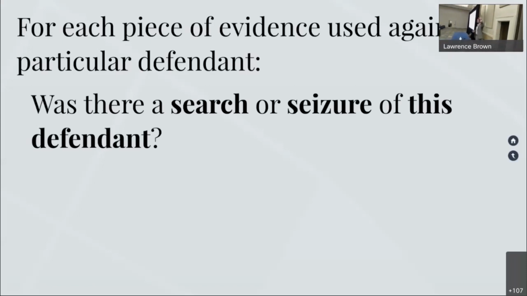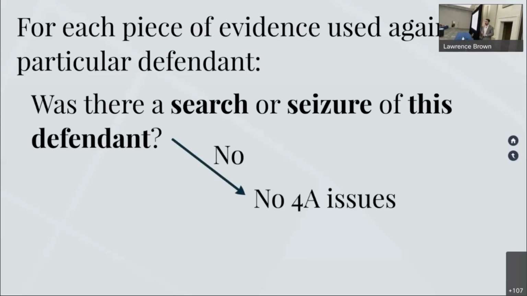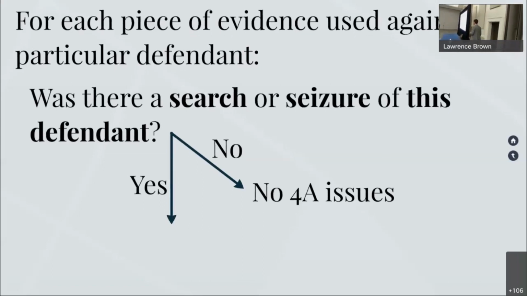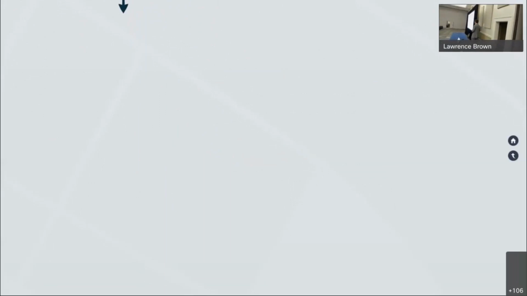Identify all of those things, all of those searches and seizures, either of a person or a thing. And if the answer is no, there aren't any, well, then you're kind of done with Fourth Amendment analysis. There were only consent encounters here, no searches or seizures. All right, well, now you can save your time and direct it elsewhere. But if the answer is yes, there was a search or a seizure, or multiple things that separately constitute searches or seizures, then I would suggest that you go on to the next question.